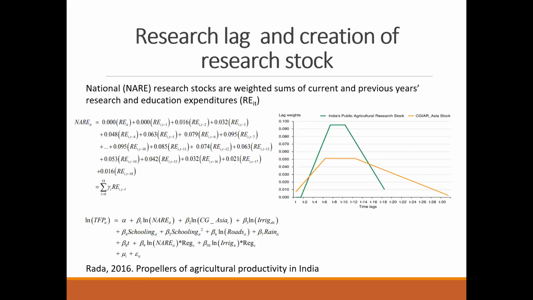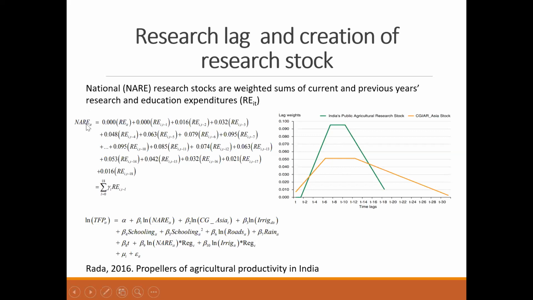The impact of Indian research is shorter. It is only 19 years, as compared to the international CGIAR research, which is 30 years. It is because he has assumed that Indian research is mostly applied R&D, and CGIAR research is mostly basic research, which takes more time to fade out. So he has calculated the stock,